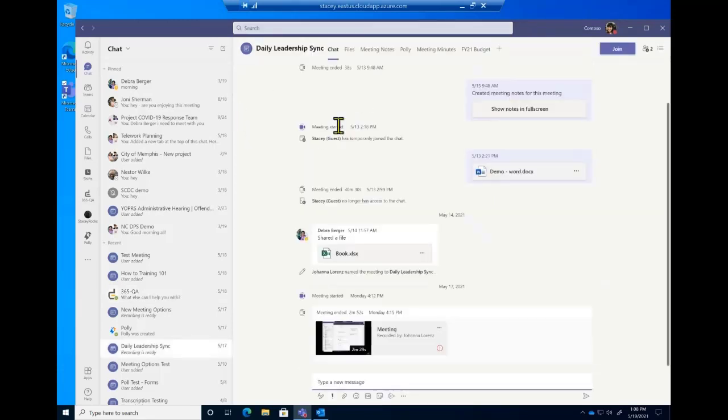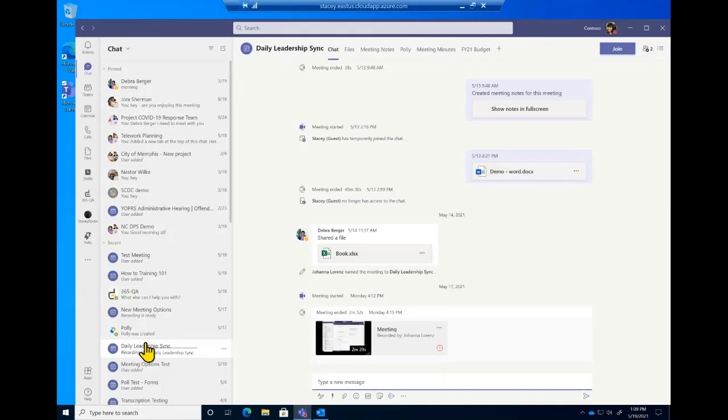When I click that, it takes me directly to the container where all of the content and the conversation went on during my meeting. So this was a daily leadership sync. And like I mentioned, if it was a personal meeting that you scheduled through the Teams calendar or through Outlook, it will live in the chat section here.